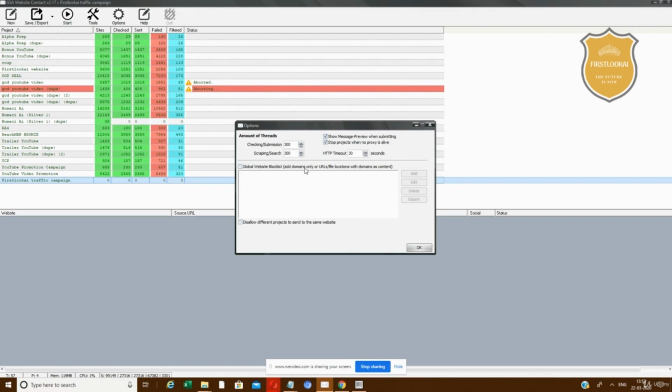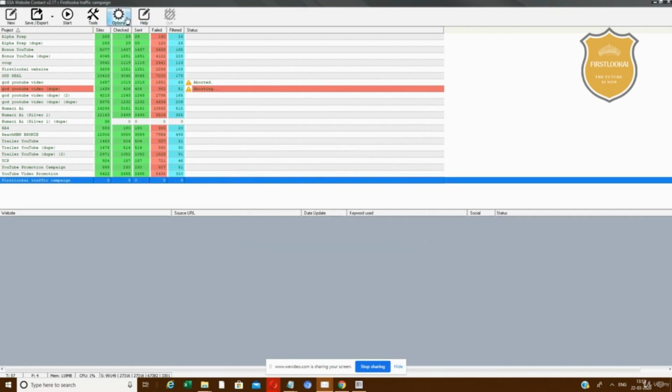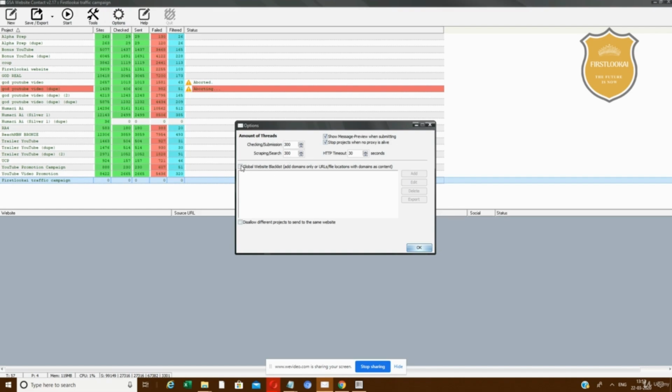So it will scrape 300 search results at once. If you want to blacklist a website, like say you don't want to reach out to xyz.com, you can write xyz.com. You can click on this and add the blacklist website.